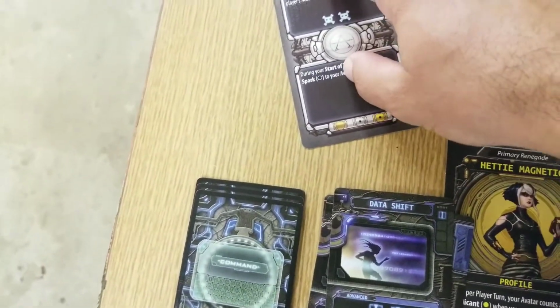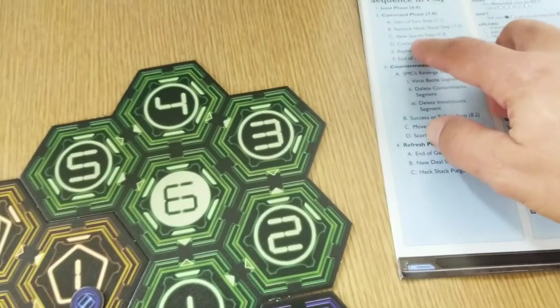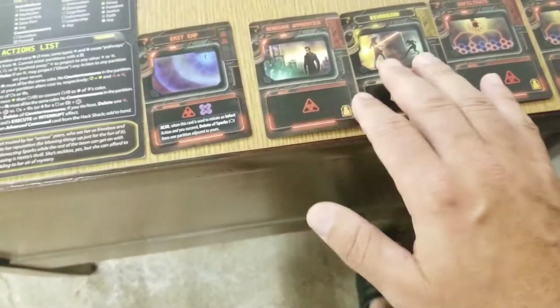But this is the easy guy, Alpha Moby. So in the first cycle, don't even have to do that. So new spark step doesn't even happen. And now it's command action step. So here we are back in it. And I am going to now,